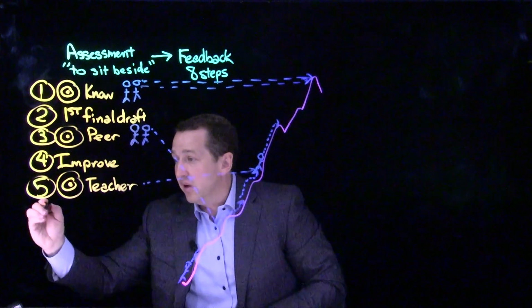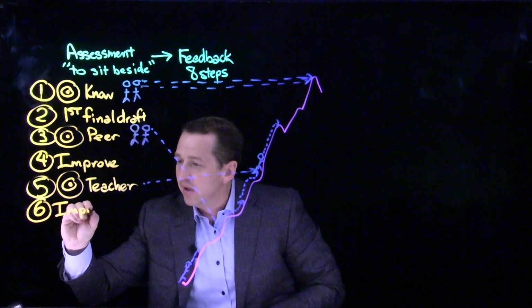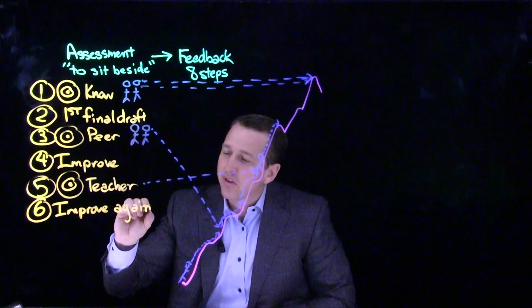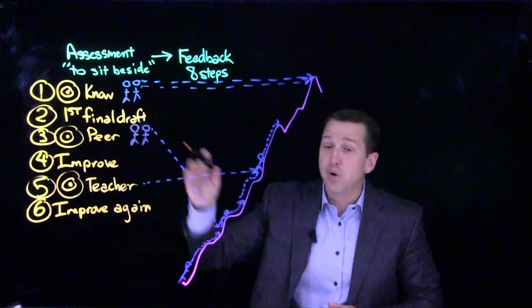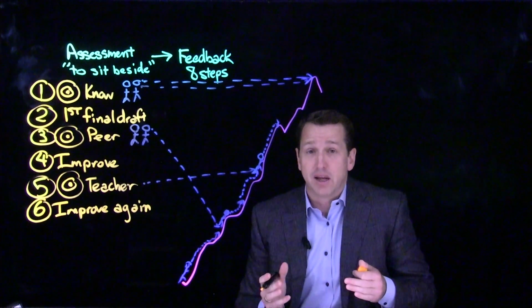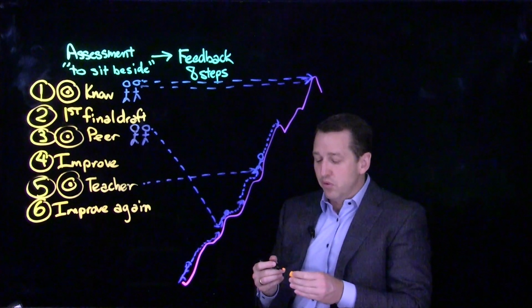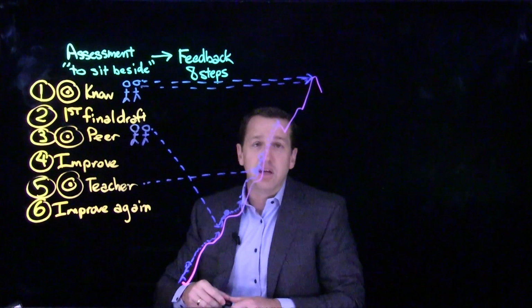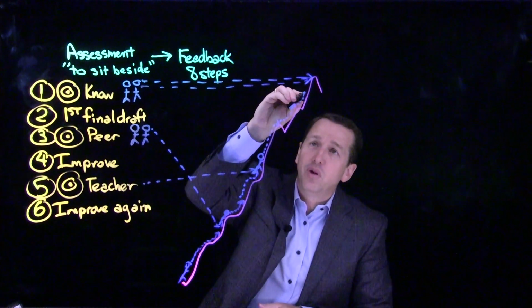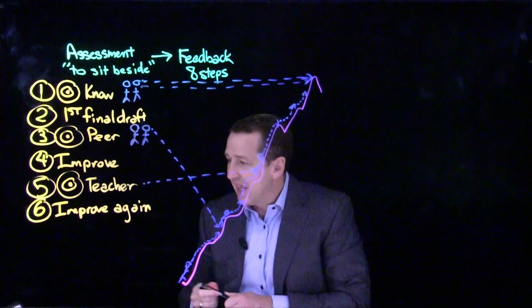Then step 6 comes. And this is the part that's most important in the feedback process, because now the students have 2 rounds of meaningful feedback to continue to improve their work. They're not going to ignore feedback at this point. They're going to take the feedback that you've given and they're going to improve again. So they continue to climb up the peak, hopefully getting really close to the top, if not to the summit,